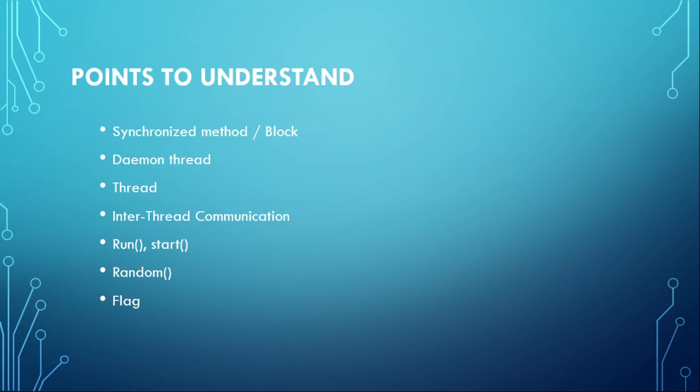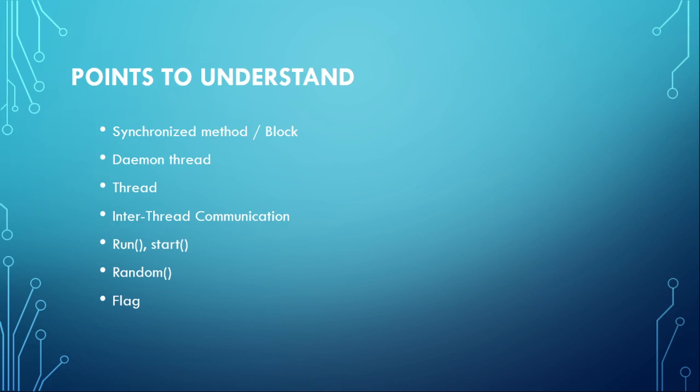And to create a thread we have two methods, right? One is using thread class and another one is using runnable interface. So we need to understand that. And inter-thread communication, which means that the threads are going to communicate. Here we're going to use wait, notify all methods, so that one thread will wait and other thread will be executing, and once the execution is done, it is going to use notify method to notify all other threads that the execution was done from thread 1, and the other threads will start executing. Okay, so this is the kind of thing we are going to follow.